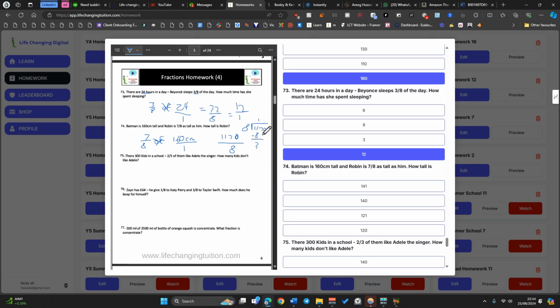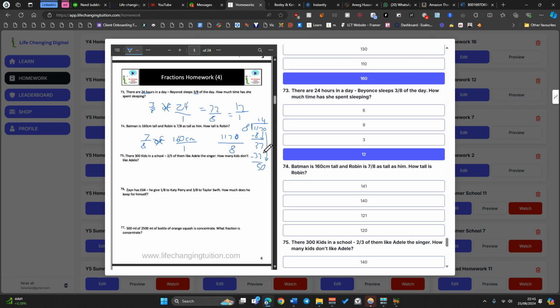And then we bring down the 7, so 37, and now we ask how many times does 8 go into 37? It goes into it 4 times, that gives us 32, and now we've got 5 left over here. Now we bring down the 0, that gives us 50, and how many times does 8 go into 50? Well, it goes into 50,